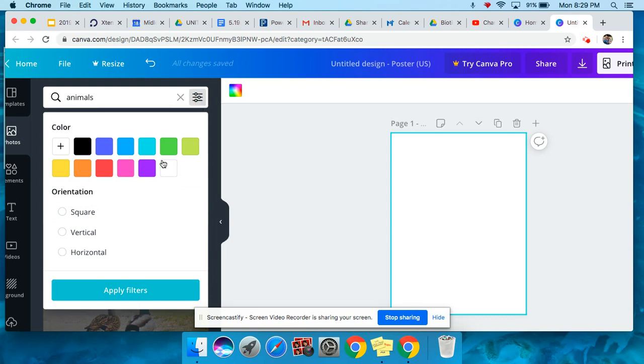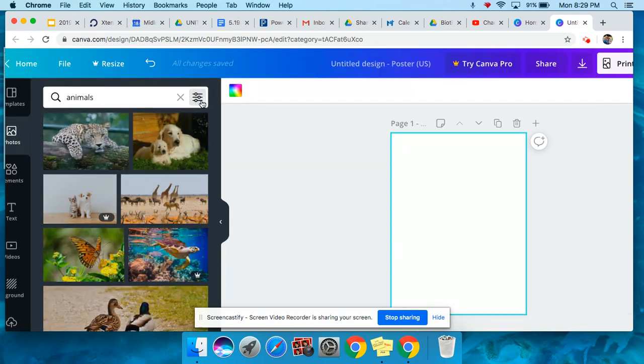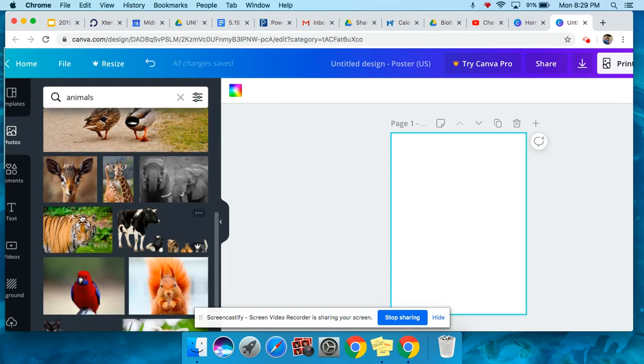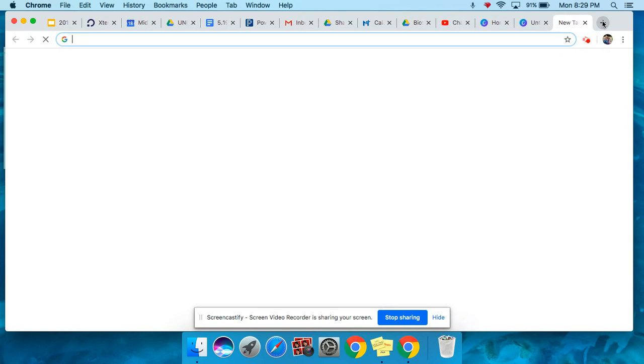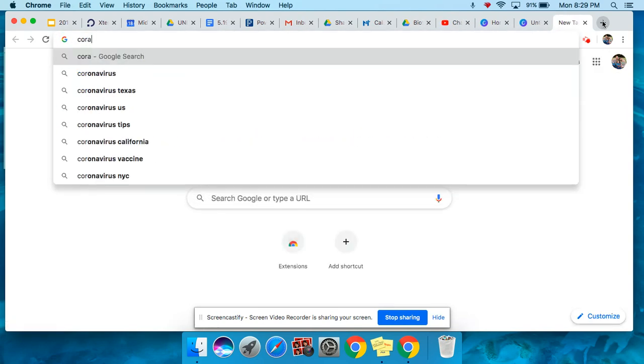I don't even know if you can filter it. You'd have to explore it, but they have a lot of good pictures on here that are free, but pay attention to if it's not free in the corner. A way to get around that is to go to uploads, and you can see my latest ones have been dinosaurs for my son, but you can go to the internet. So if I have the coral reef